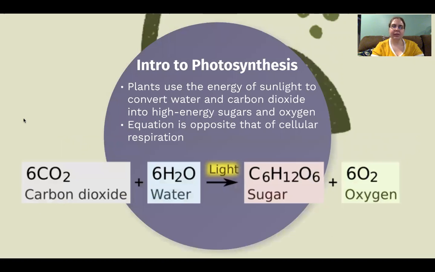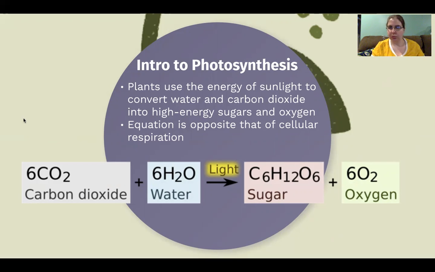So first, a little intro to photosynthesis. Plants use the energy of sunlight to convert water and carbon dioxide into high energy sugars and oxygen. The equation for photosynthesis is opposite that of cellular respiration. Now, when we talk about using the energy of sunlight to convert water and carbon dioxide, what we're saying is that